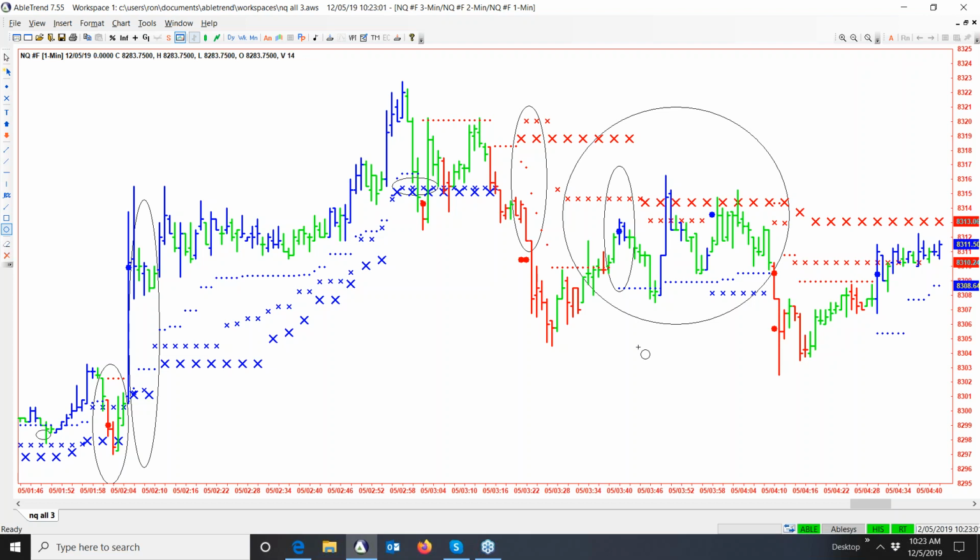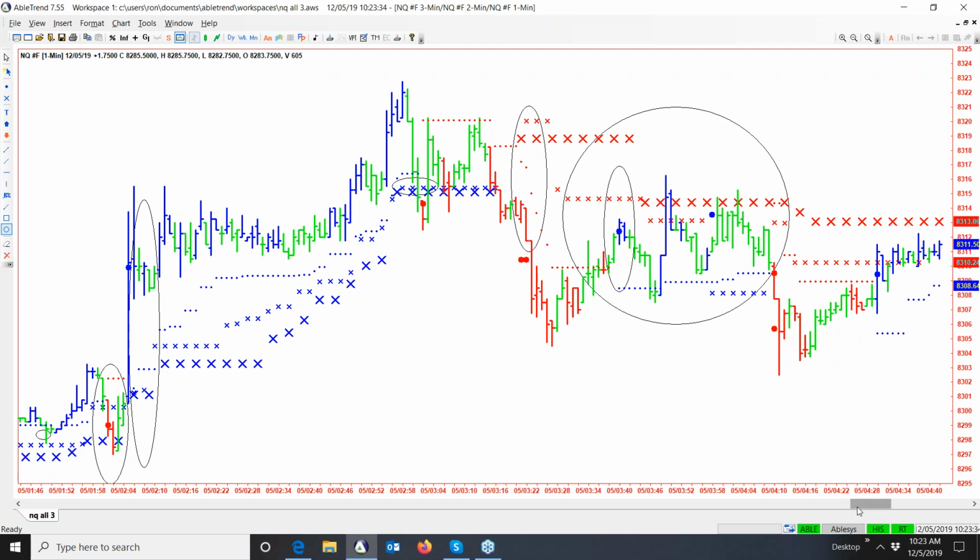If you can alert me before it gets choppy, because as I said, most trends, most algorithms are going to pick up the trends. It's the chop, the sideways, that we all get killed by and hate. And if we can have something, as we do, that can alert us of that to at least alleviate most of it, certainly not all of it. You can definitely have losing trades. But if we can get a heads up on when that may happen, boy, that would really help. And that's what makes AbleTrend special.